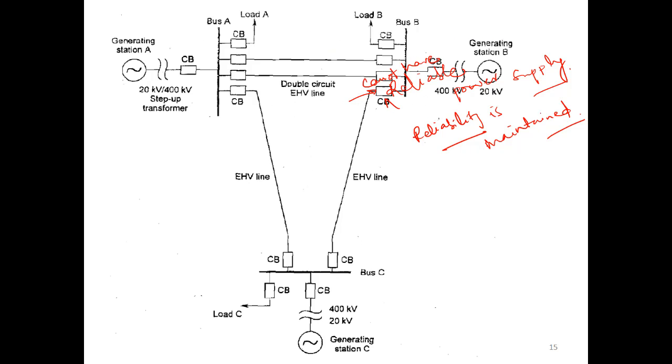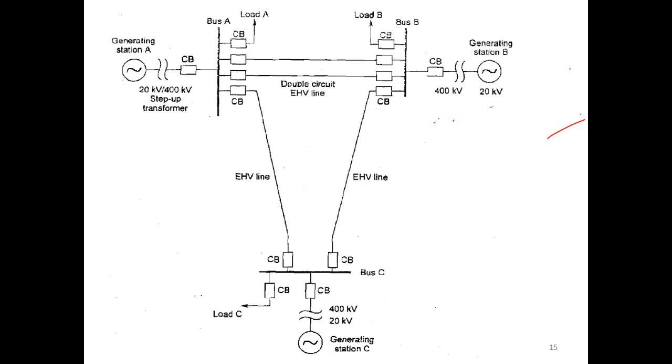Now we can see here a very typical interconnected power system, having 3 generators and loads also, and the transmission lines are maintained at 400 kV. Obviously the transmission lines are equipped with circuit breakers, and the generators are generating at 20 kV, and the power will be transmitted at 400 kV after stepping up the voltage using the step up transformer,